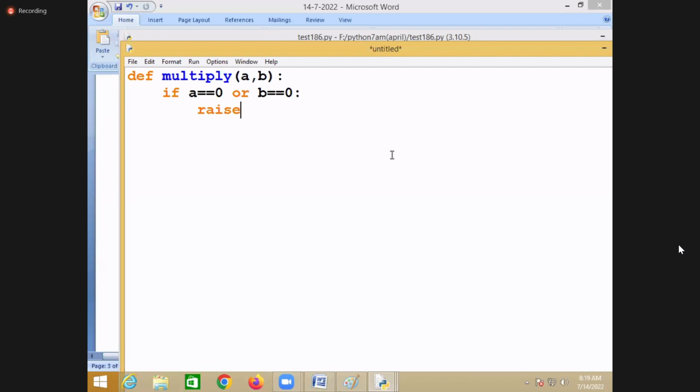You could display a message here directly, saying print cannot multiply number with 0. That indicates that your multiply function is handling the error. But I don't want the multiply function to handle the error; I want it to be handled by the caller.